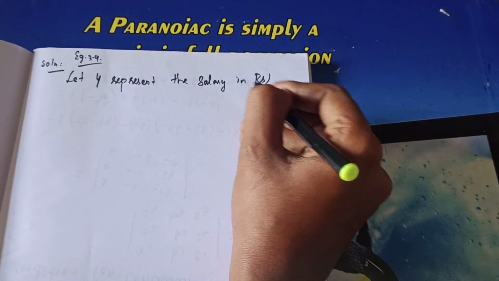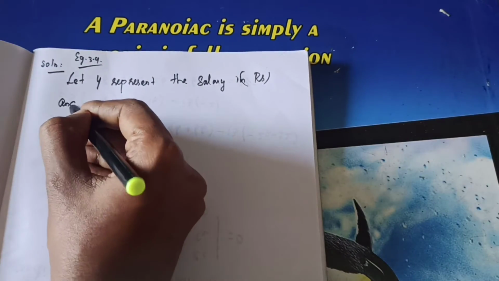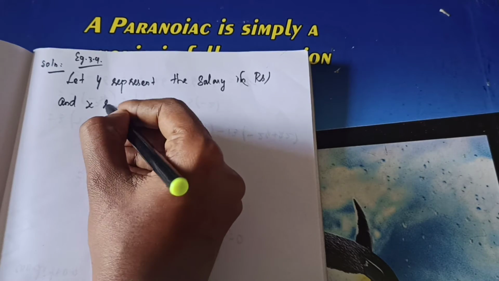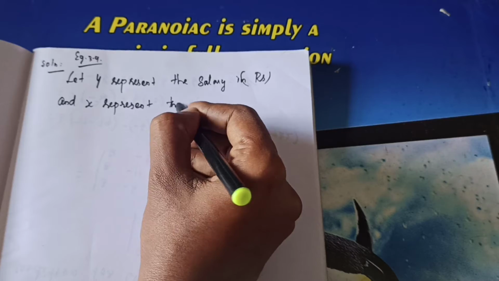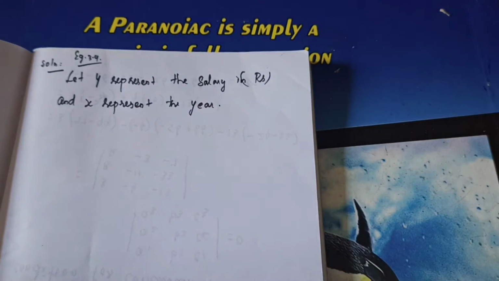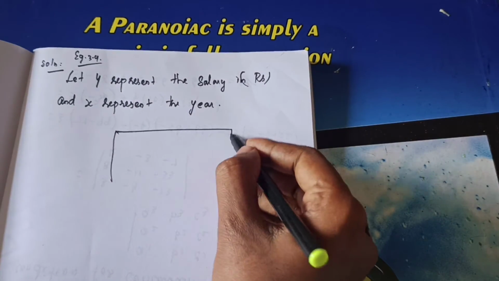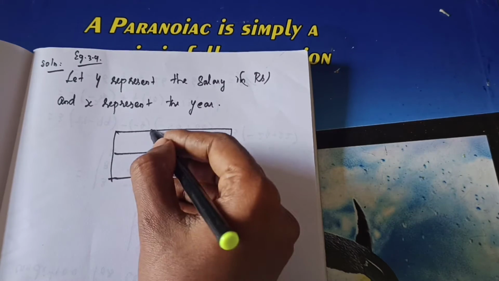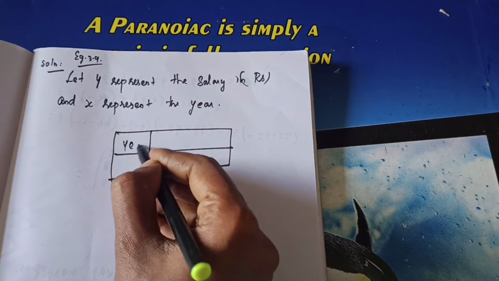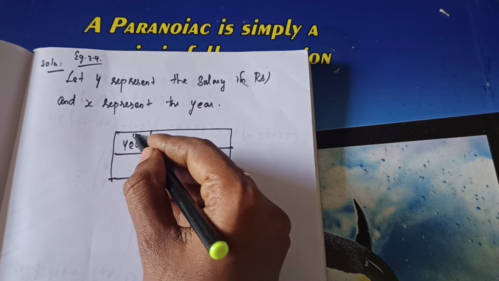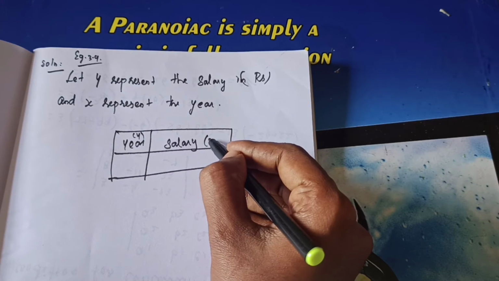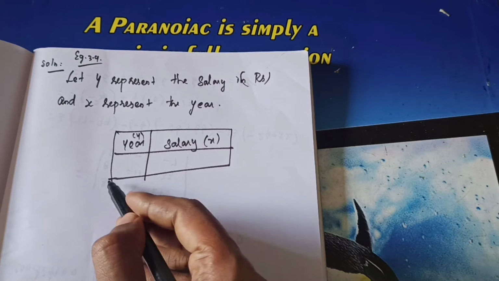And x represents the year. First you will form a tabular column, then only it will be easy for you. This one is year, this one is salary. So year, what's the letter you have to use? X. What's the letter for salary? Y. So here